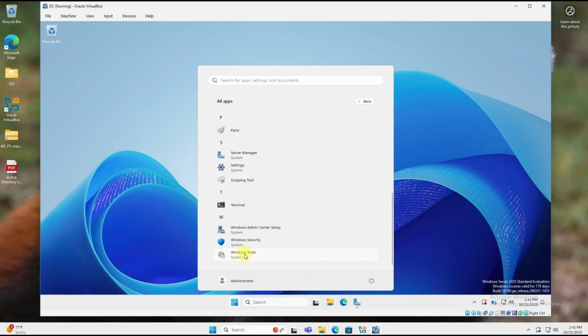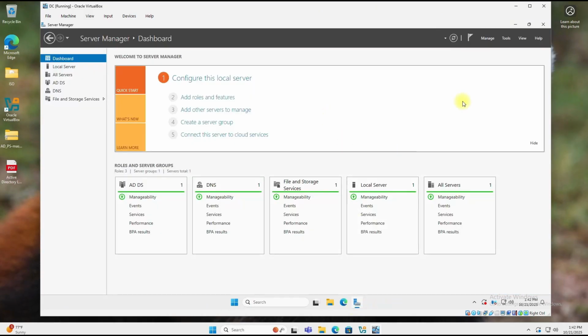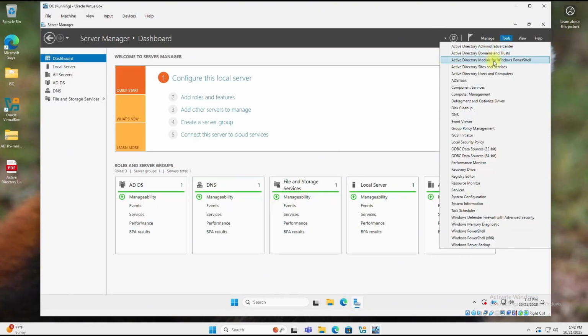If you want to pin it to your Start menu, you would just click here. I already have it pinned, so I can't do that. And then if you're on Server Manager here, you can go to Tools and we can go to Active Directory Users and Computers. So let's go ahead and click here